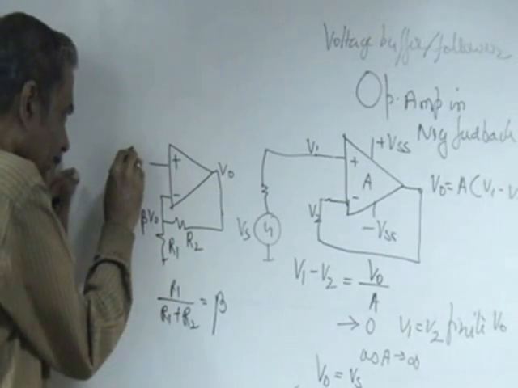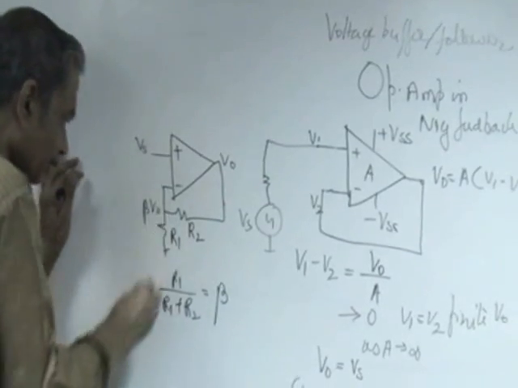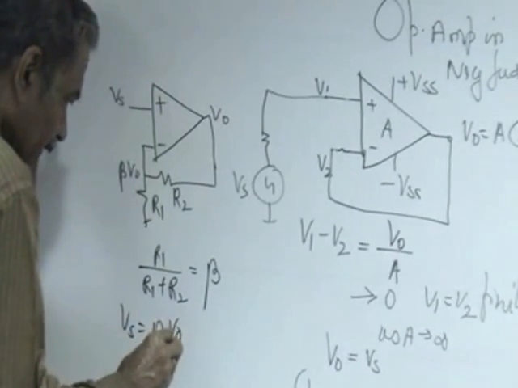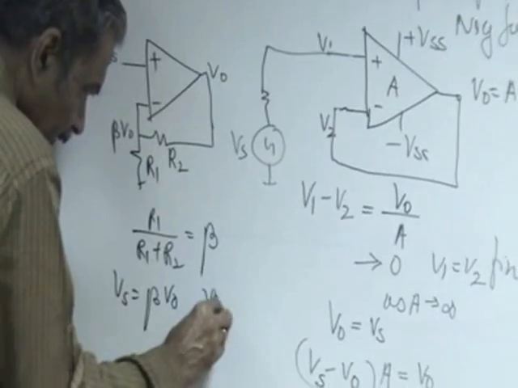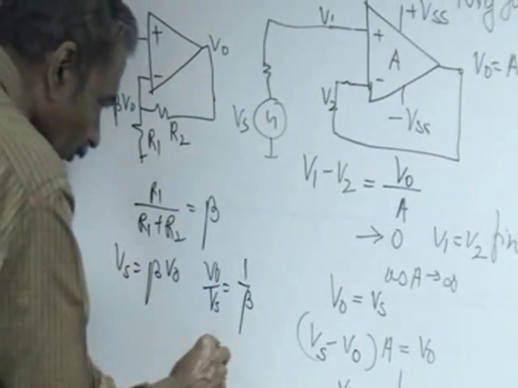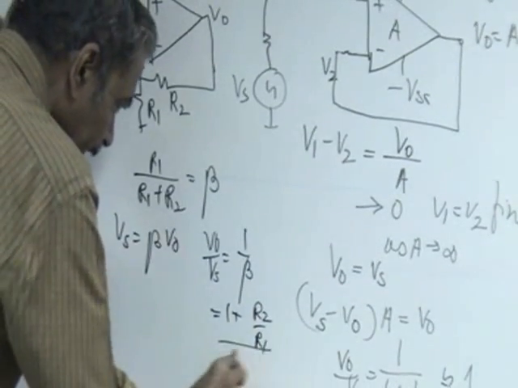And now this is again the same as Vs, and therefore Vs becomes equal to beta V0, or V0 over Vs is 1 over beta ideally, and therefore it becomes 1 plus R2 over R1,